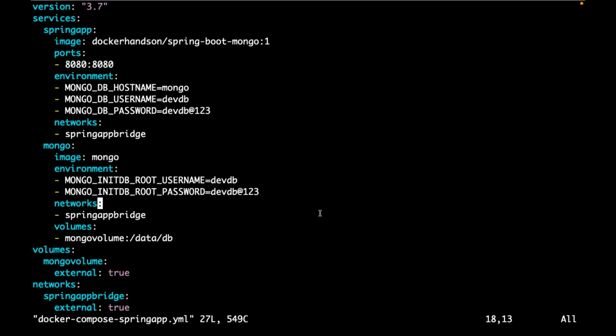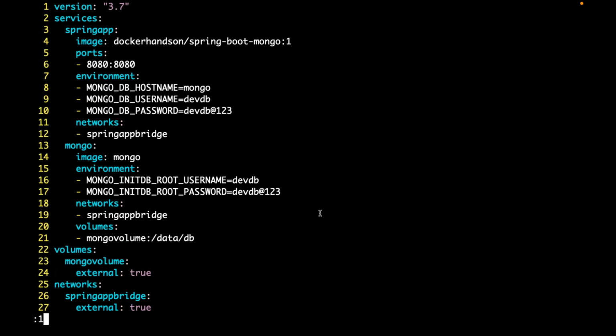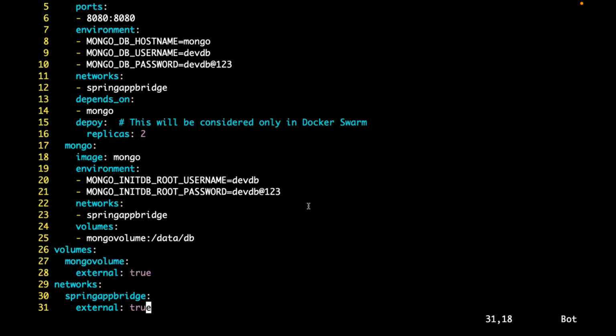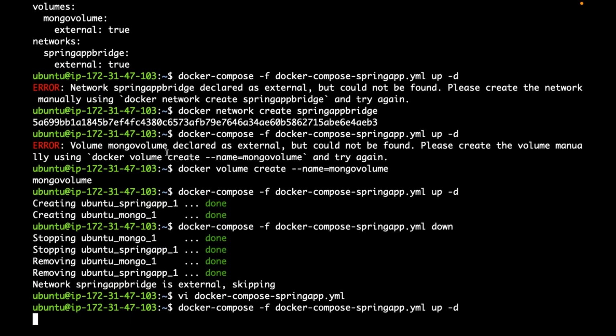Let's say I have defined this deploy replicas as 2. Even though I defined, if I try to execute, if I try to apply, now